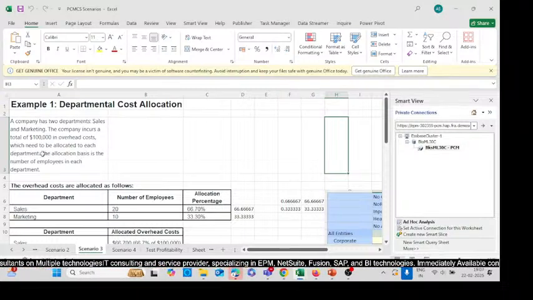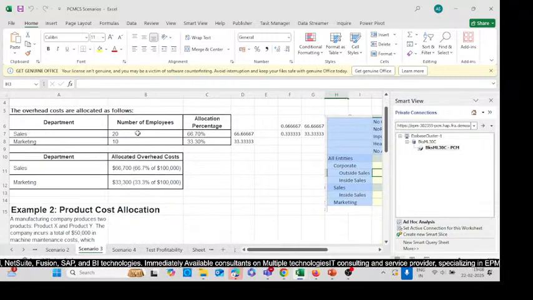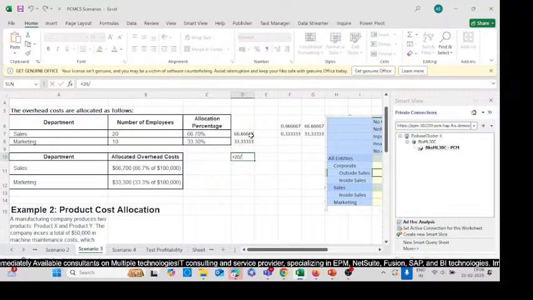The allocation basis is the number of employees in each department. Every time we allocate any kind of expenses or overheads, there must be a basis, like on which basis you want to allocate something. So we are taking the number of employees as the allocation basis. Suppose 20 employees are there in the sales department and 10 employees are there in the marketing department. If we calculate the allocation percentage, 20 divided by the total of 30